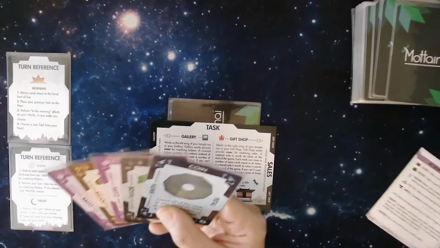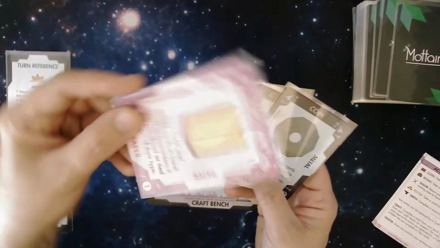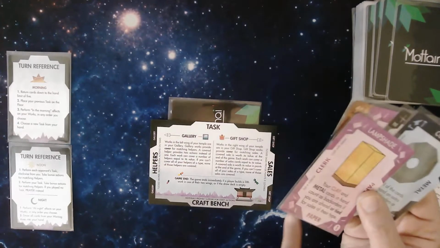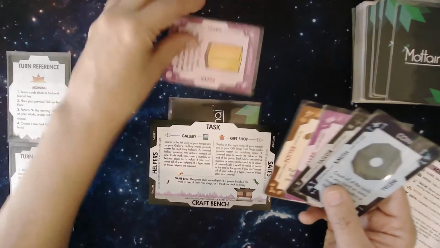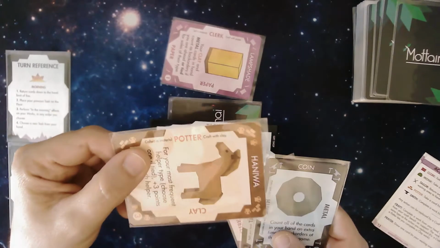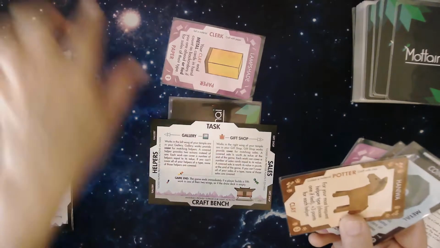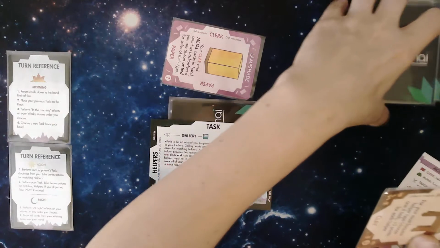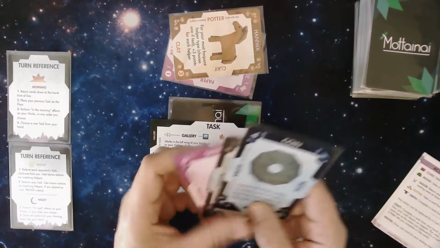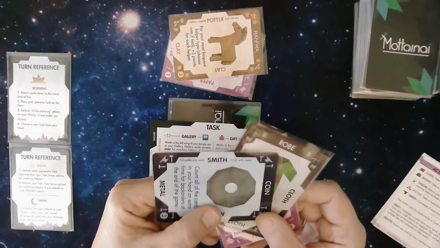So now on here, the clerk, for instance: you take a card from your craft bench, which is down here, and you move it to your sails, so that has that power. Your potter, what he can do is take a card from the floor and add it to your craft bench. So the floor will be over here. There will be cards eventually that will end up on the floor. And what your smith can do is complete a work from your hand using materials from your hand